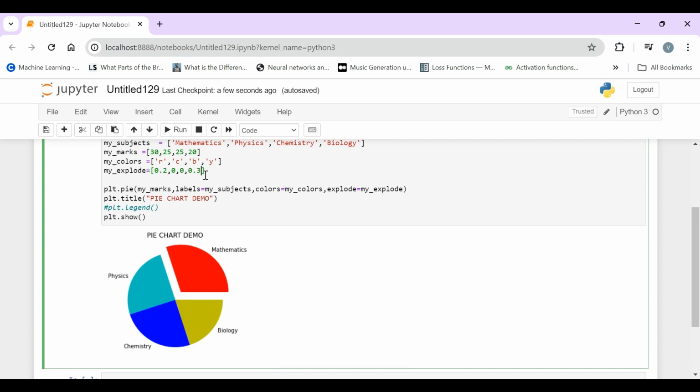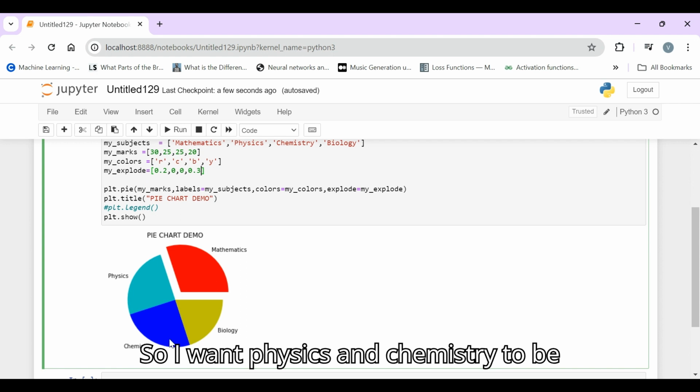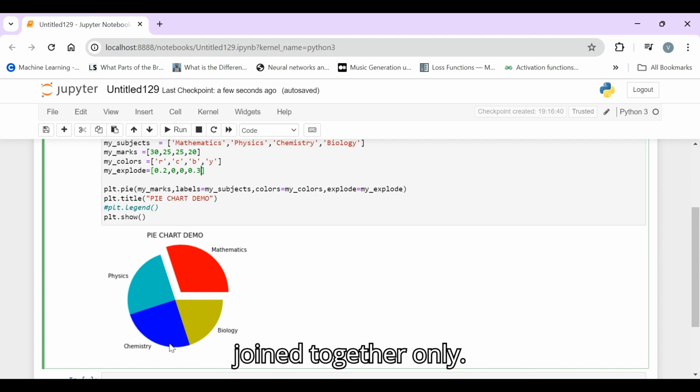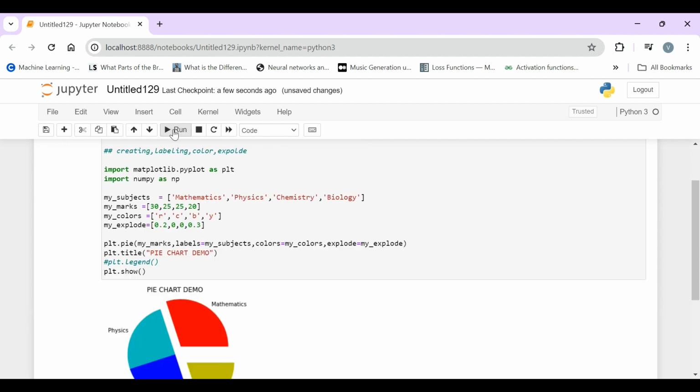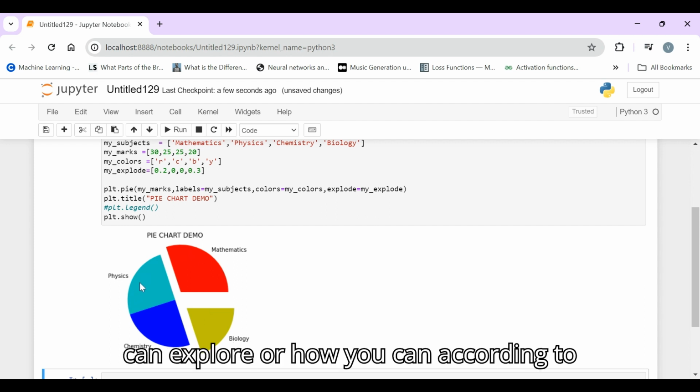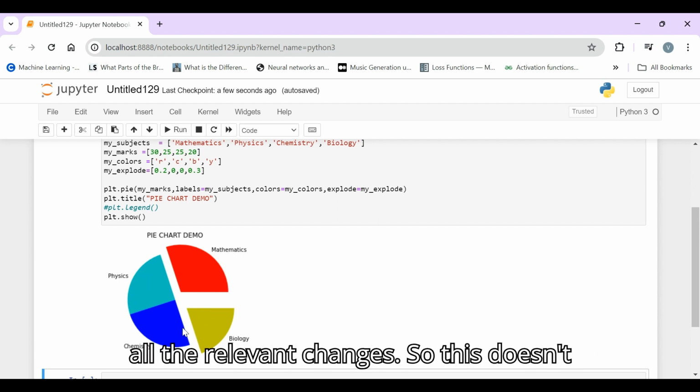You could observe this is for biology. I want physics and chemistry to be intact, which means they should be joined together only. So this is how you can explode, and according to your problem requirement, you can make all the relevant changes.